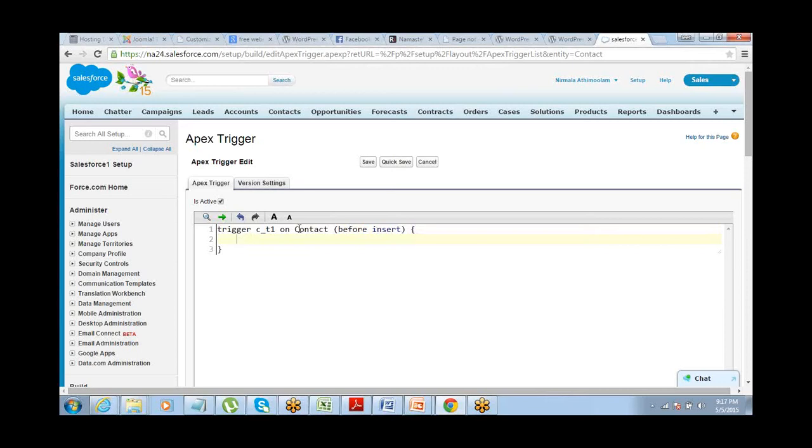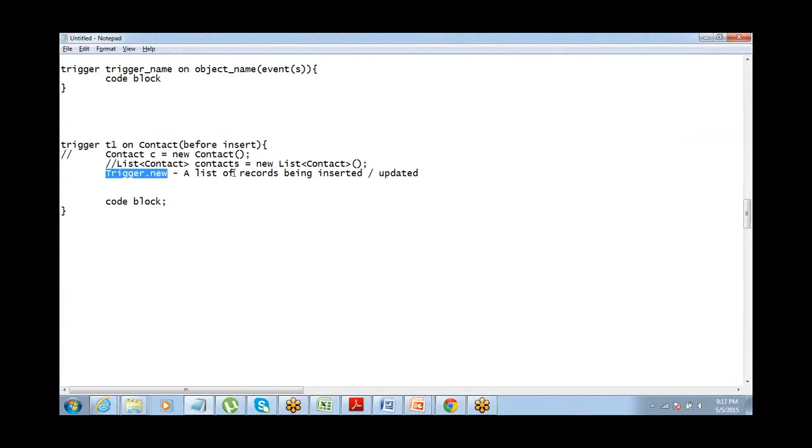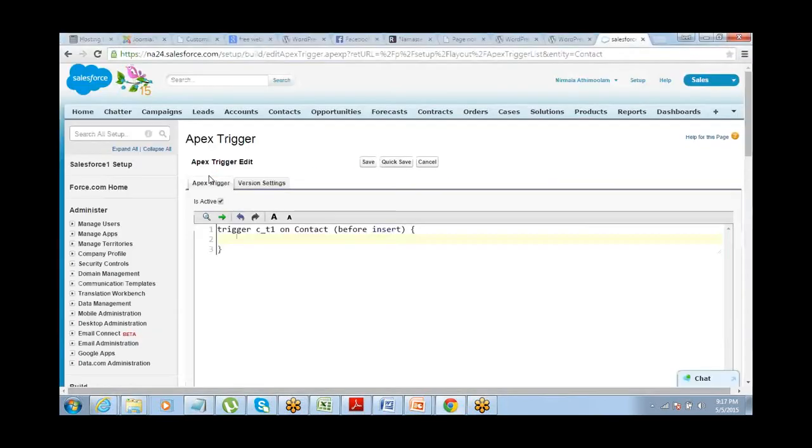Now because we are going to deal with a list of records and we have to check each value inside that, trigger.new always returns a list of records, right? And I need to check each value. I just can't check the first value and leave it. So for that reason, I have to always use a for loop here.